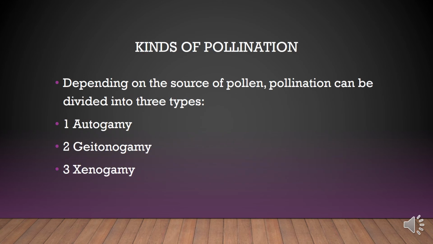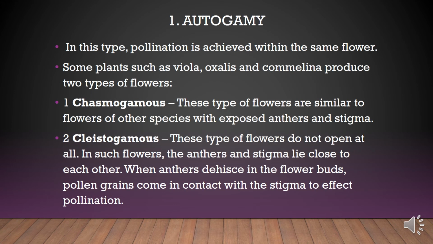Now there are kinds of pollination. Depending on the source of pollen, pollination can be divided into 3 main types: autogamy, geitonogamy and xenogamy. First, we are going to discuss autogamy. In this type, pollination is achieved within the same flower. Transfer of pollen grains from the anther to the stigma of